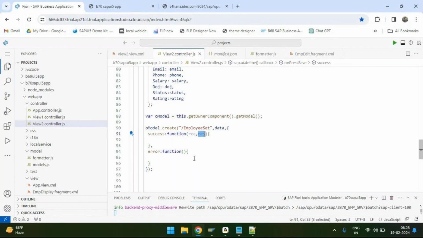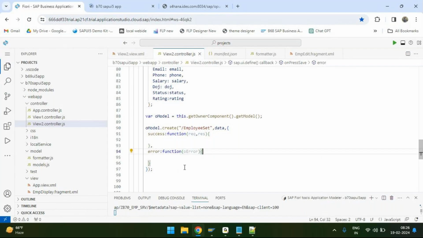According to the OData standard, whenever a record is created in the database, that created record has to be sent as a response to the front end. So in this response object, you will find the newly inserted record inside this success function. And the error function will have an error object,